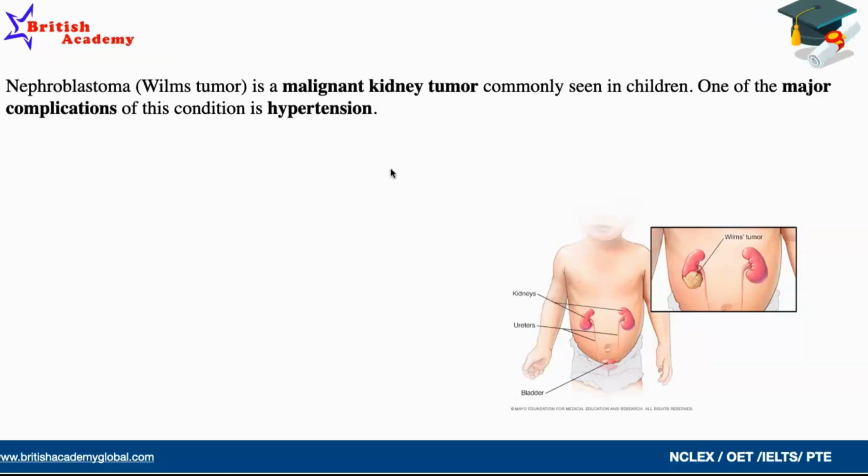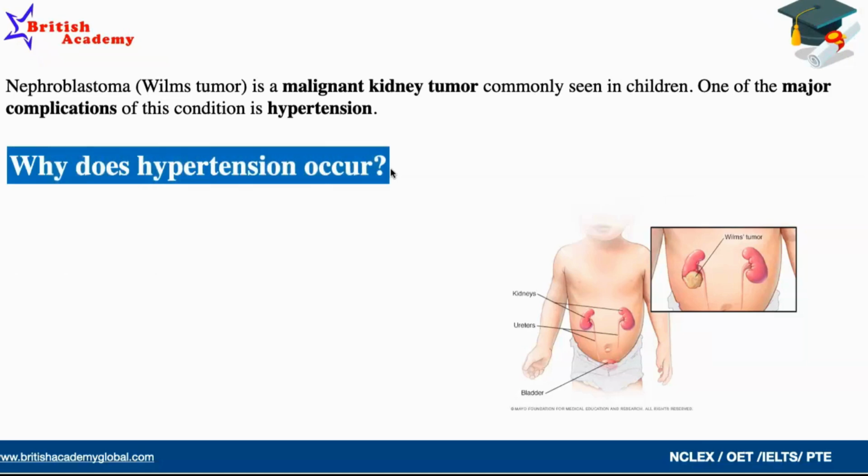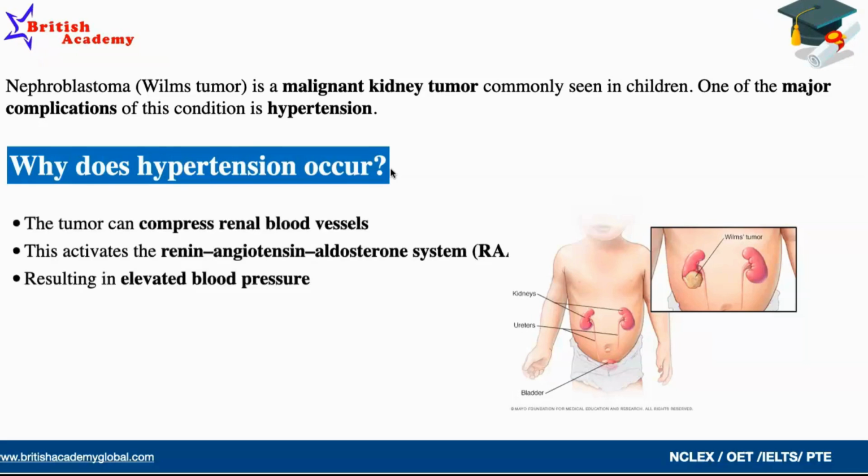Nephroblastoma, what is it? It is a malignant kidney tumor commonly seen in children. One of the major complications of this condition is hypertension. Now, why hypertension? The reason being, as you may be aware, the kidney is responsible for the renin-angiotensin mechanism. So, this tumor can compress blood vessels, and if the blood vessels are compressed, that can cause high levels of